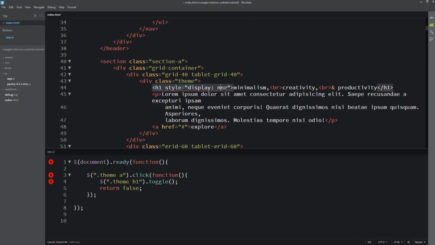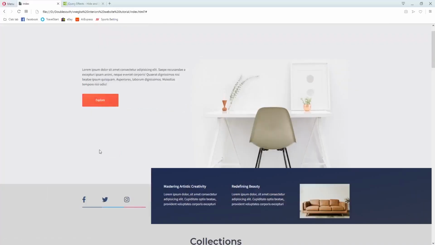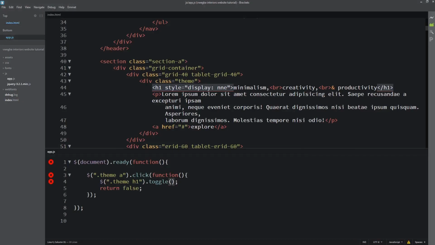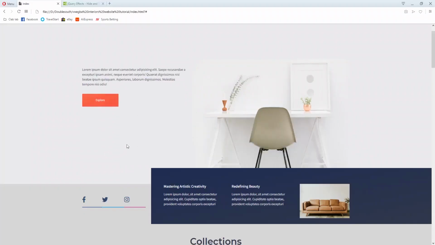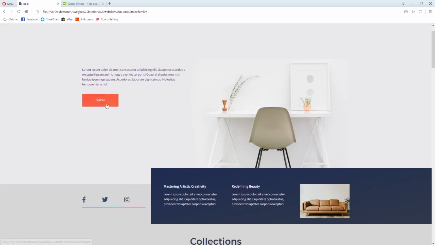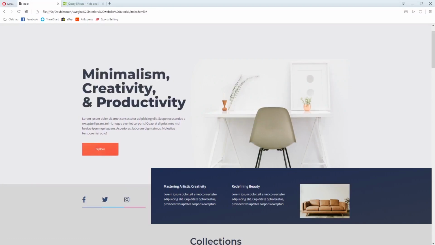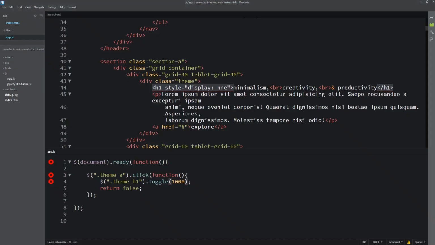Then refresh. So if we click, maybe set 1,000. Refresh. When you click now, it hides. When you click again, it shows. When you click, it hides. When you click again, it shows. So that is just the hide, the show, and the toggle method.